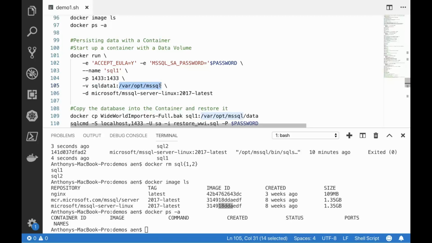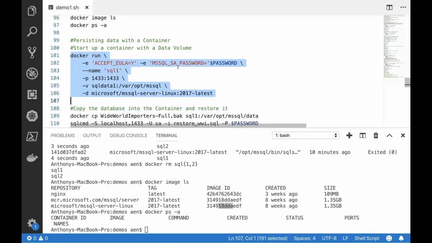So what that means is when I take my container now and I launch it, I'm going to get access to /var/opt/mssql, which is where all of my databases will live. And when I take SQL Server and I pick it up and throw it away, which I'm going to show you in a few minutes, and I drop a new one down, I'm going to present SQL data 1 in that same exact location, and those databases will be living in the underlying file system there, but they'll be presented back into SQL Server, which means SQL Server will know where they are. And so that new container that comes along will have access to that information immediately. And so let's go ahead and do that together.